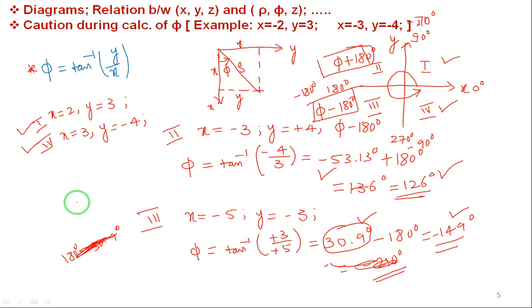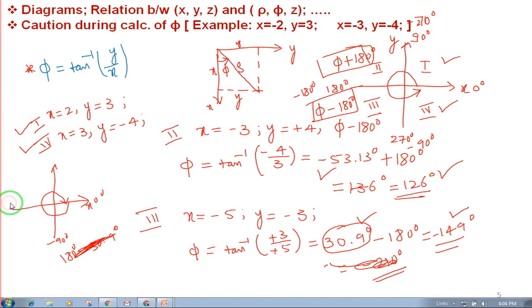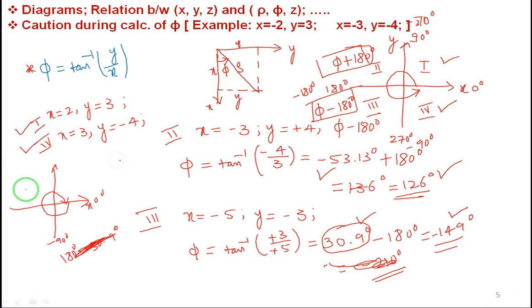It is coming once again in third quadrant. I hope you understood. I will redraw it once again. 0 degree. This is x-axis. Then I will go in clockwise direction. Now I will measure the angle in clockwise direction. 0 degree, minus 90 degree, minus 180 degree, minus 270, and minus 360 is nothing but once again 0. Minus 149, somewhere it will come here. It is coming in third quadrant only. Yes, it is correct.